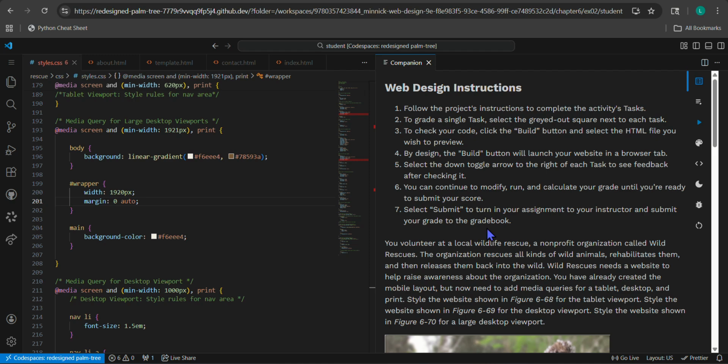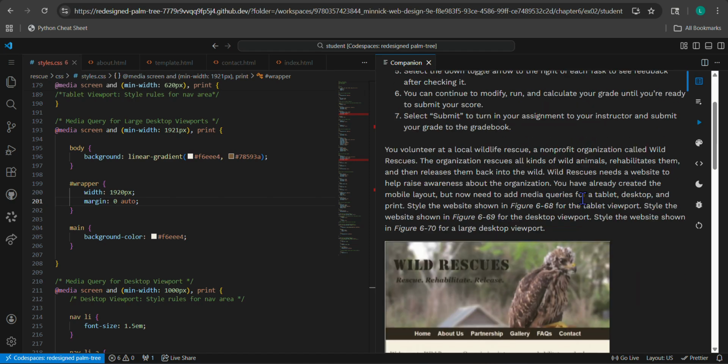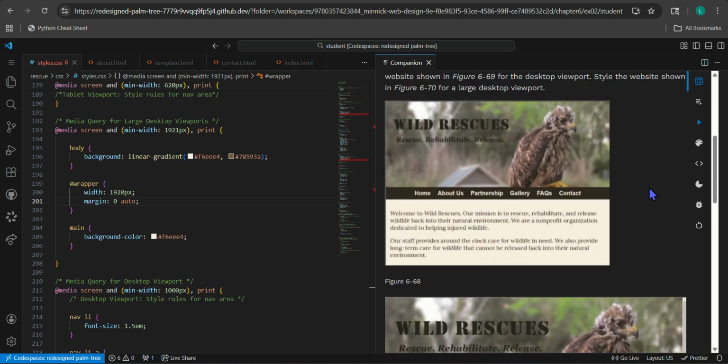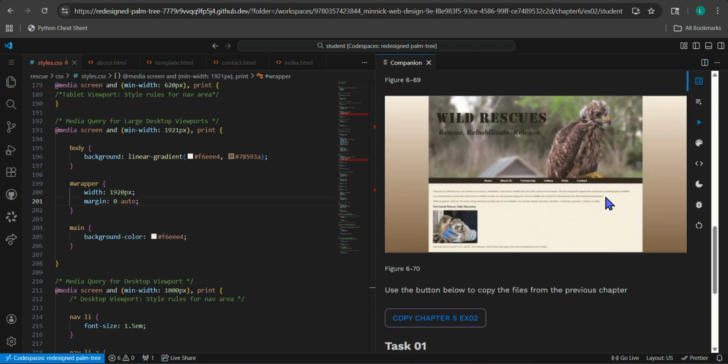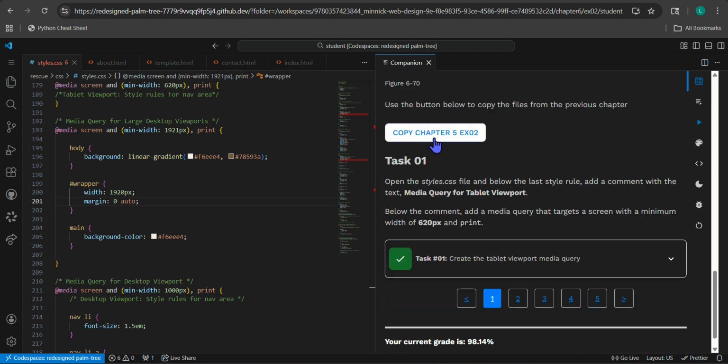Basically, the basics of this lab was to create the media queries for the tablet, desktop, and print, and stylizing them for the tablet viewport, the website viewport, and the desktop viewport. That's a continuation of the last files I've been doing for the last couple of labs for the Wild Rescues website. After I copied over and just updated the files, name, date, and everything like that, there was a couple of